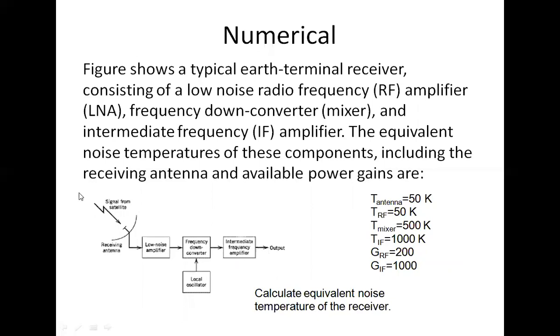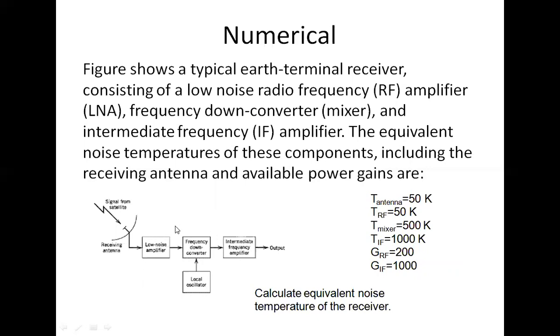That means from the satellite we are receiving a signal, and this is a receiver antenna. In the first block, the signal received by the antenna will be given to a low noise amplifier followed by a mixer. This is a mixer, like a frequency down converter, for which the other input will be a local oscillator. You are aware of the mixer concept, and you know the reason for using a mixer. We want to convert the RF frequency to IF frequency.